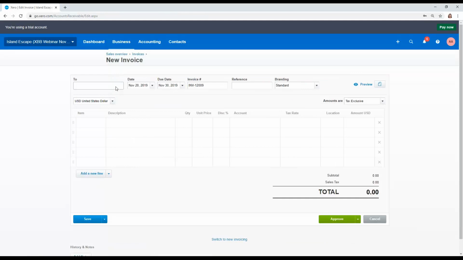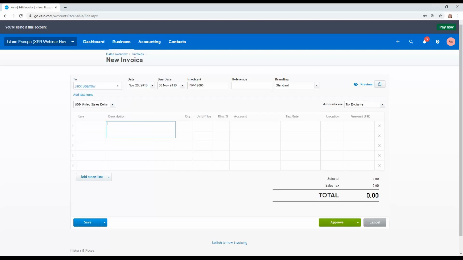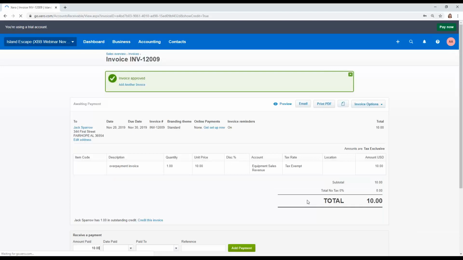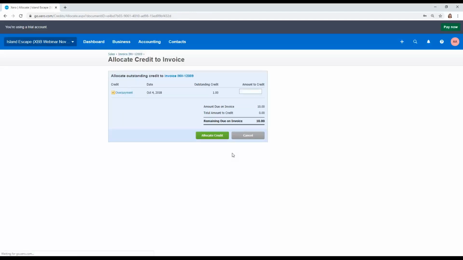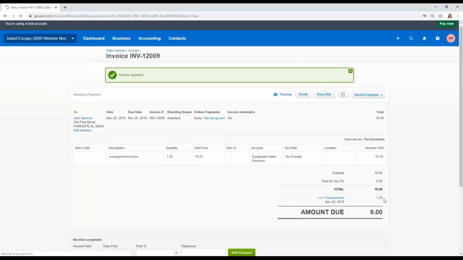what's really cool is that Xero is going to give me a prompt and ask me if I want to apply $1. So let's say I had the $10 invoice for something new. I'm going to approve it. Xero is going to give me this little screen. It says, hey, by the way, he has credit. Do you want to use this credit against his invoice? And I just have to tell Xero, yes, I do. And now it's going to show at the bottom of the invoice as a payment or as a